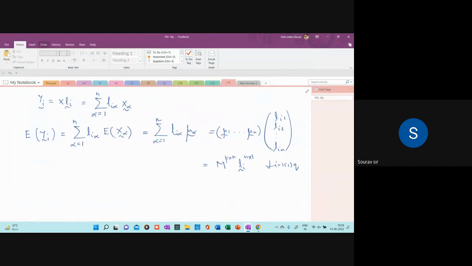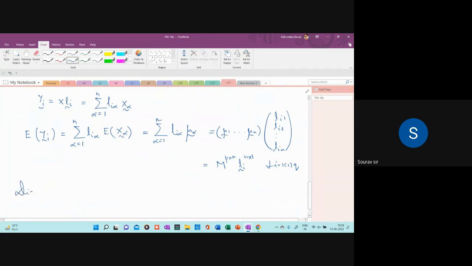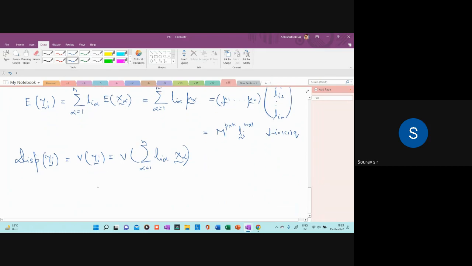So we are actually going to find out this dispersion of yi curl, which is variance of yi curl, and we are going to write variance of summation of Li alpha X alpha curl, alpha running from 1 to small n. This is the thing. So basically this is not that simple, because there will be a covariance term with X alpha transpose, which we have already defined. So let us write this first term, where alpha is equal to alpha prime, which is variance of Li alpha X alpha curl. This is the first term, and next term is